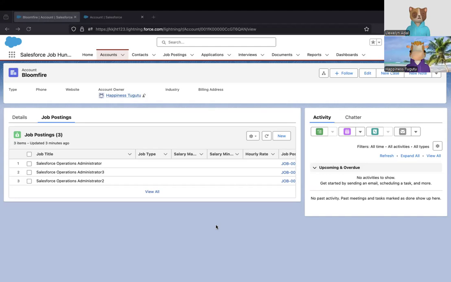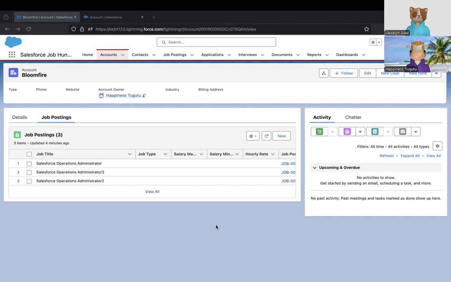What is this called? I'll answer it. Jamin, can you take the lead, please? The account is the parent, and the job posting is the child, because you can't have a job posting without the company itself posting the job. So you could say children, because it's multiple. Children, right? And you could have also said a related list, because the account has a related